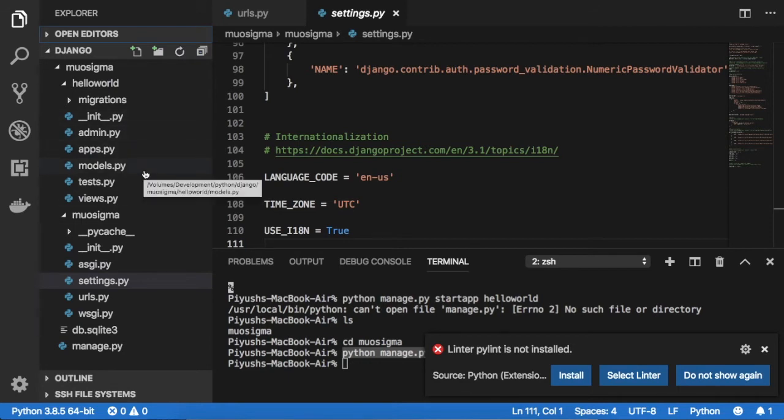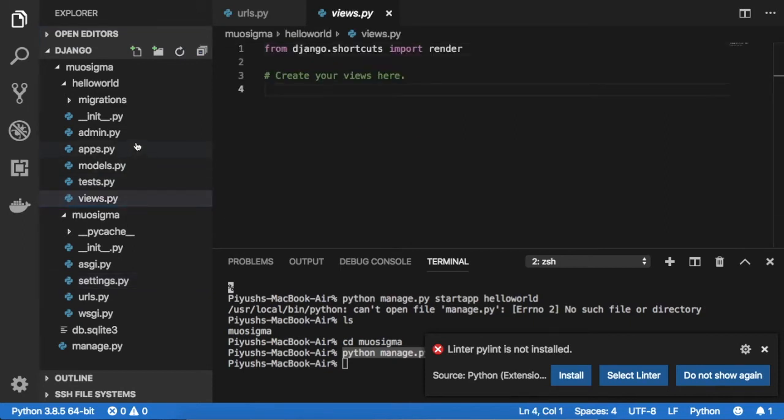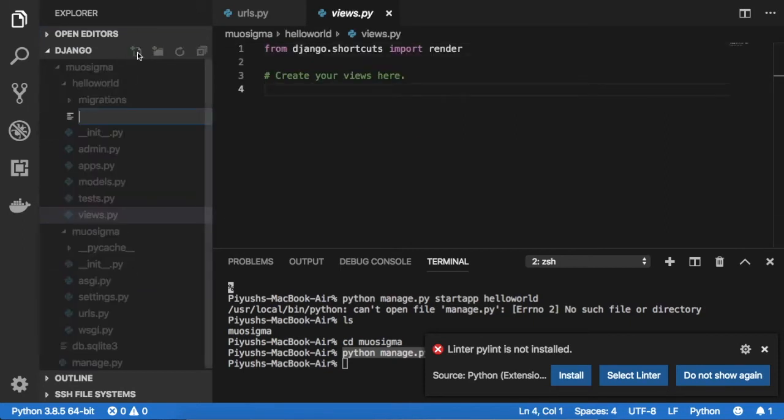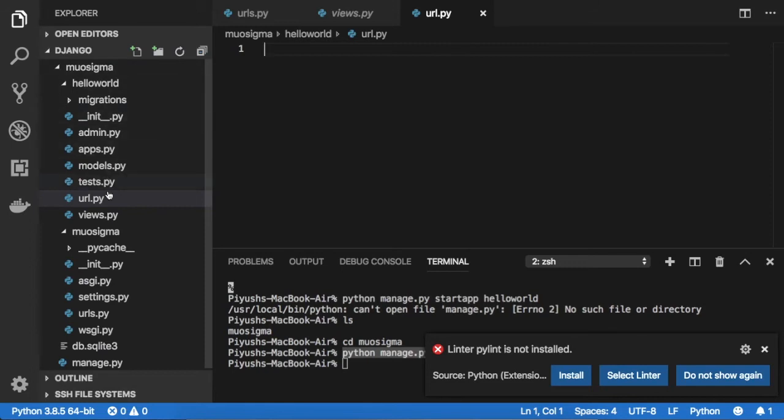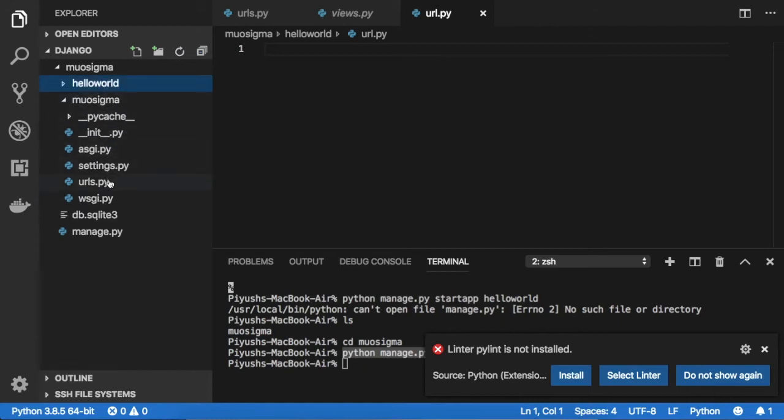Okay, we have this views.py file and we need to make an external file. It is called urls.py. So first we need to create the urls.py file here in our application. Okay, and I just wanted to discuss more about this app first, then we'll discuss the project part.